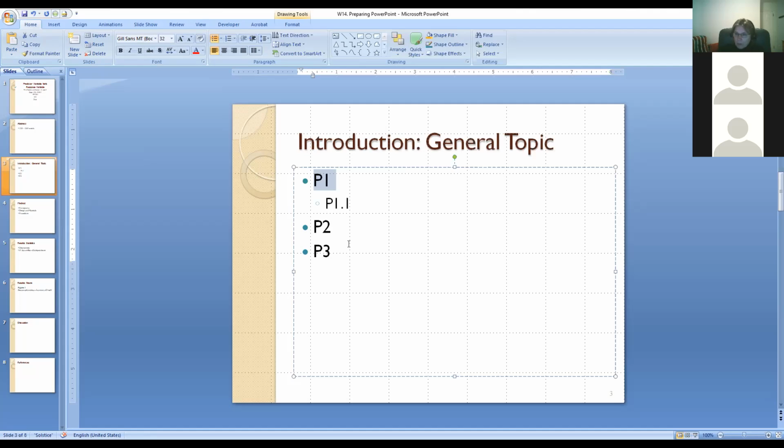But you need to remember that another rule of thumb is that level 1 cannot be smaller than 32 points. Because it's too small if it is less than that. Level 2 is 28. So this is what PowerPoint will do for you by default.